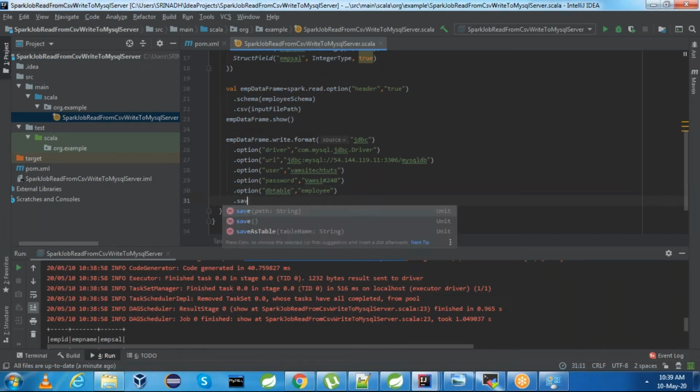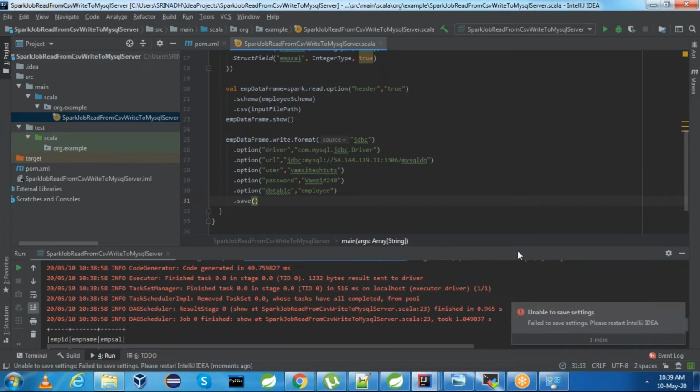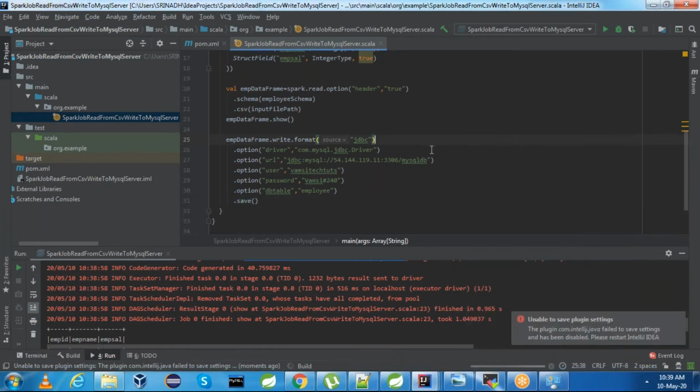Finally, we need to perform the save operation. That is the reason it's not saving. Just after write, you need to perform some operation, that is nothing but the save operation.